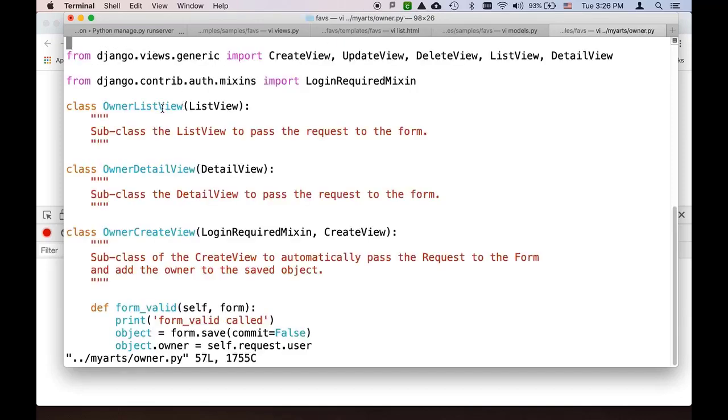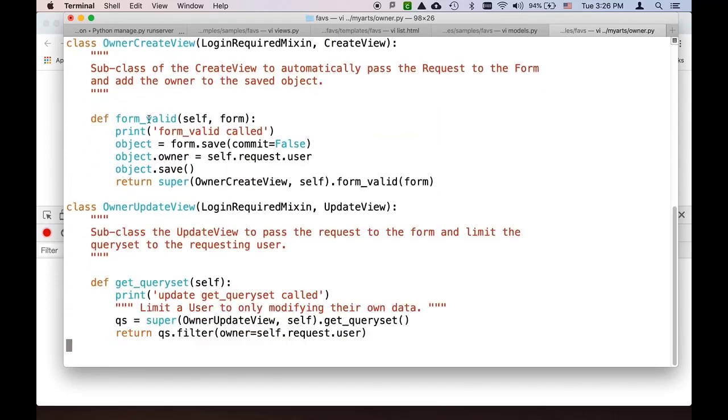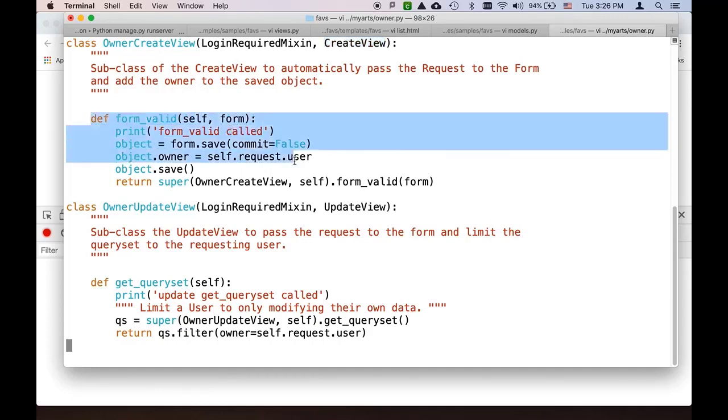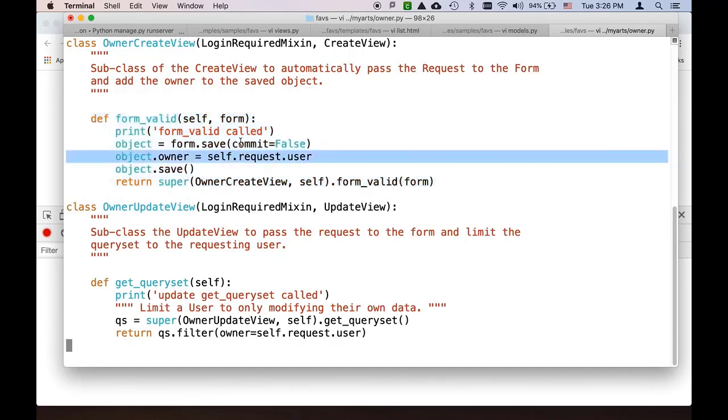Basically we're creating this owner list view, the owner detail view, owner create view, and if you recall, these are the places where we've overridden the original automatic create view, automatic update view, which we've used for lots of things, except when we're creating it, we've got to put the request user in right before we split the save into two pieces, and then we half save it, then we set the owner field, then we